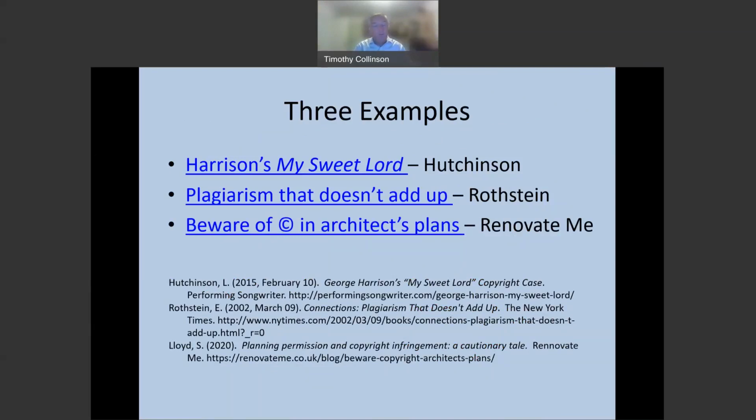So these three examples just show you where in other places in the world things have cropped up like this, and you may have come across news items like the one about George Harrison's My Sweet Lord there. The New York Times article is the second thing there about plagiarism, or even noticing, for the civil engineers that there might be copyright, for example, in architects' plans, and that looking at those kind of permissions and copyright is actually an important part of your future work.